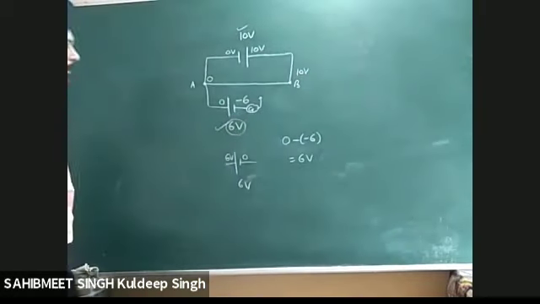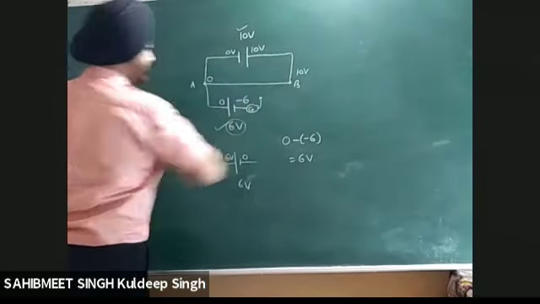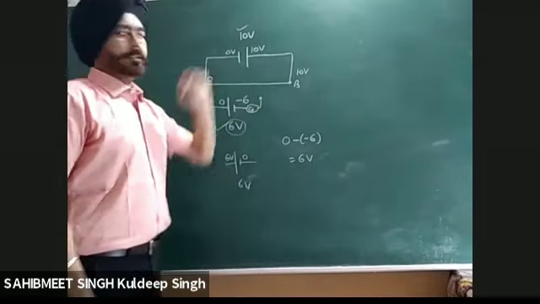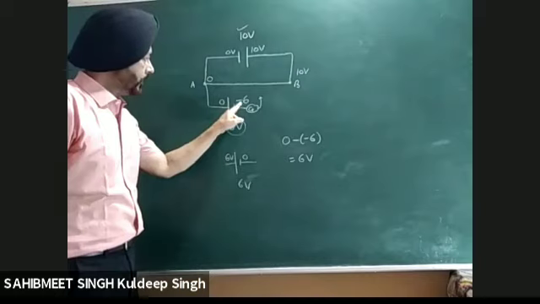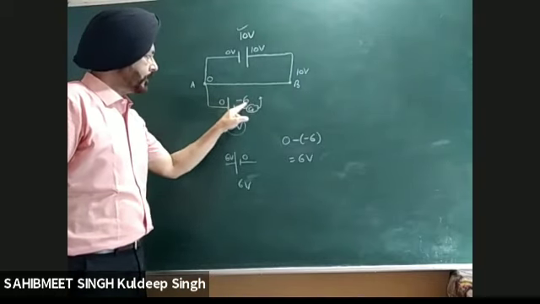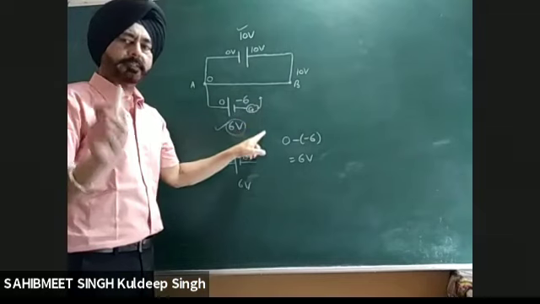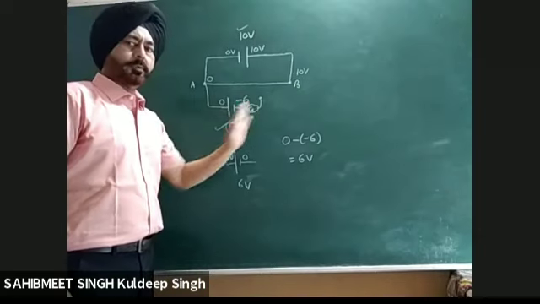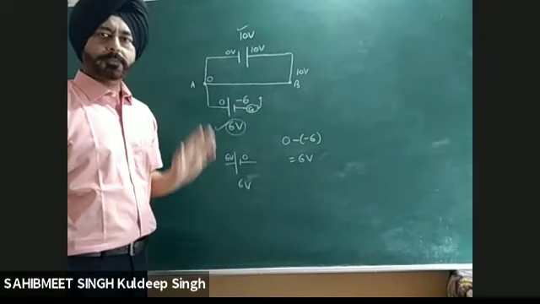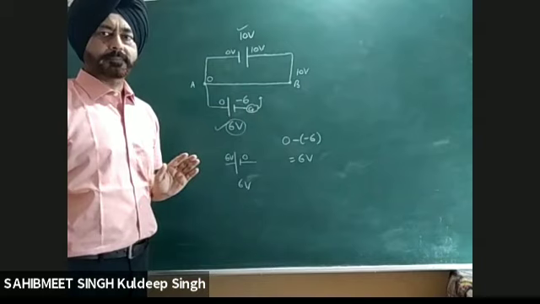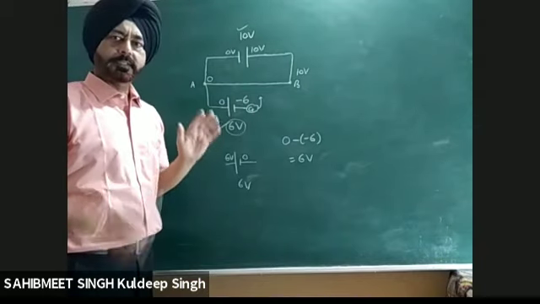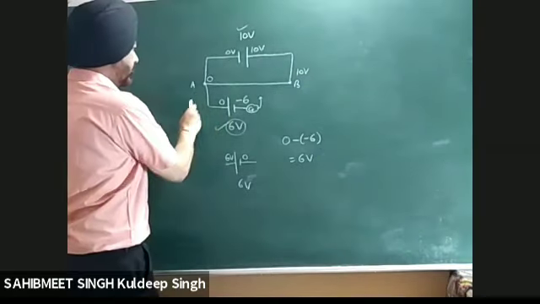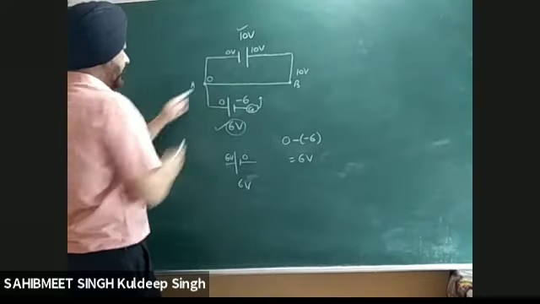Now this 10 volt will go to here. When you move from point A to B, you will get 0 volt, 1 volt, 2 volt, 3 volt, up to 10 volt. But how much do you need? -6 volt. On this wire, you will never get -6 volt. As a result, there will be no null point. So you will not be able to get the balanced point. There will be no such point that gives you the zero current or zero deflection. So I have to connect the same polarity to this point.